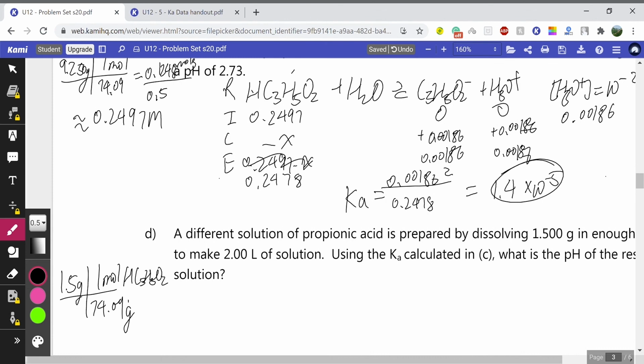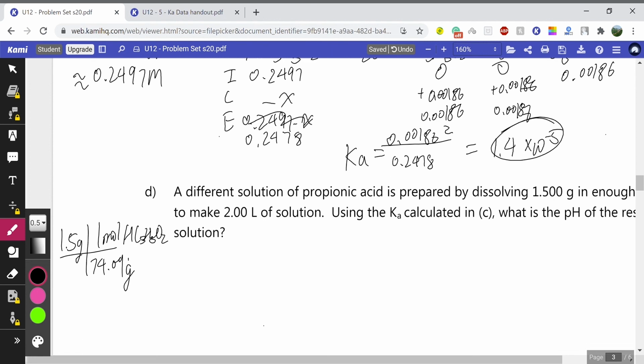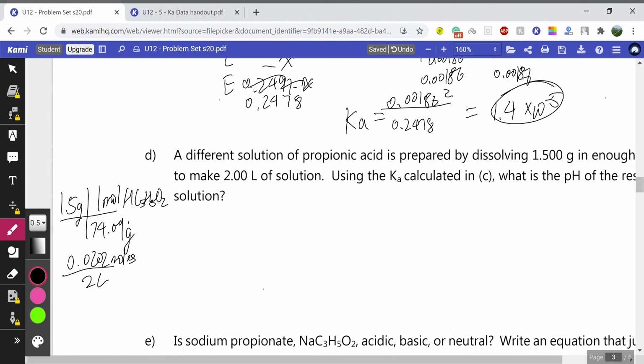So 1.5 divided by 74.09 gives us 0.0202 moles. And now we have a 2-liter solution, which means divided by 2, we're going to get 0.0101